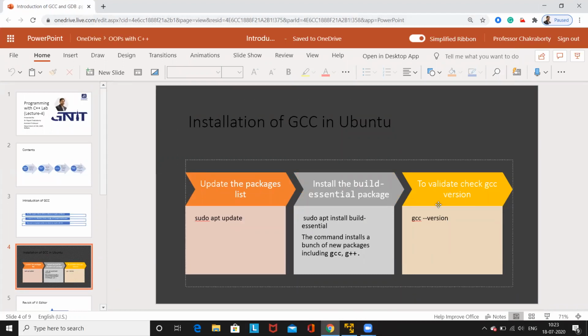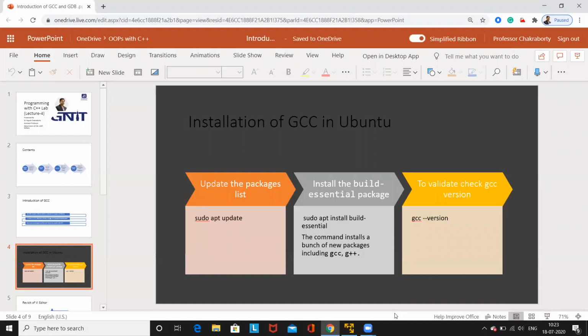This command installs a bunch of new packages, including the GCC and G++ compilers. If all these packages required for smooth running of GCC or G++ get installed successfully, then only after that we will type gcc --version, which shows which updated version of GCC has been installed in our Ubuntu distribution.